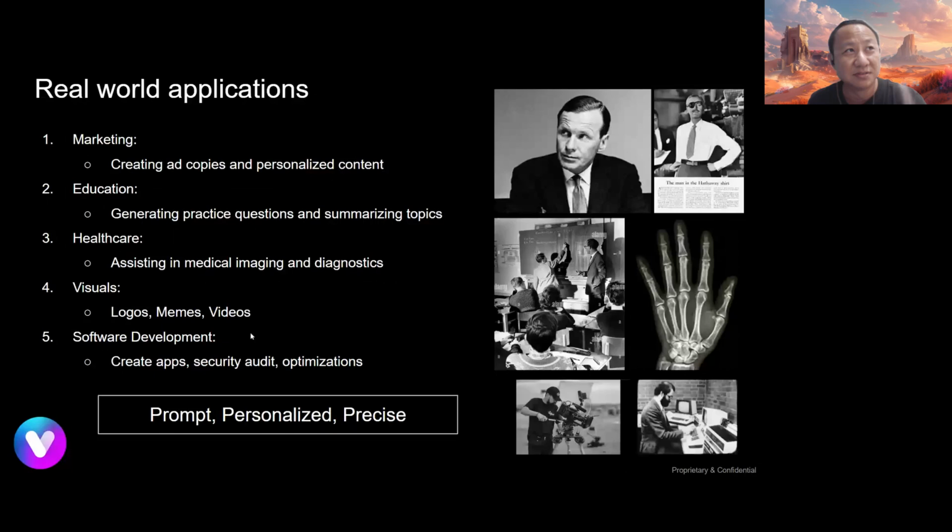And lastly, software development. There are AI models that understand code and can generate more code from it. So perhaps in the future we don't need software developers anymore, because AI can generate all the code and deploy the apps for us already. Perhaps in the future, AI can perform the security audit or do optimizations for us on the applications or the databases or what have you. But in the future, the barrier to entry for software development may be a lot lower because everybody understands how to use AI, and they are much better than